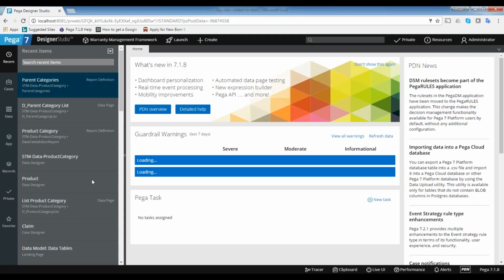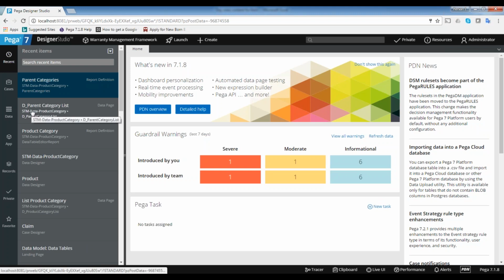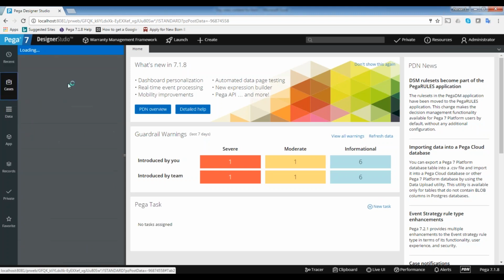Already we have seen two types of data pages, lookup data page and list data page. So we'll discuss them thoroughly. But before that, let's see how to get the data, and then I will walk through the data pages.